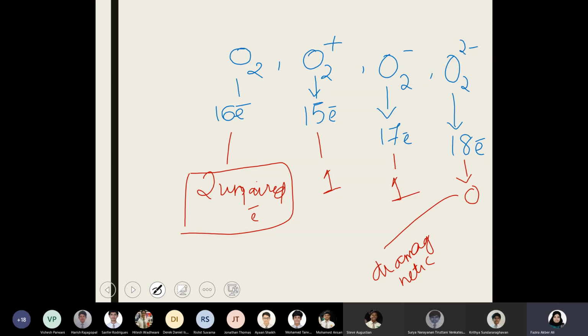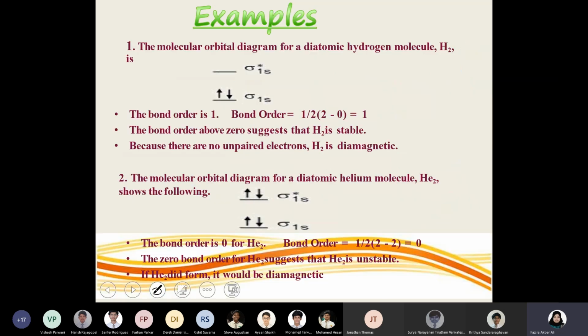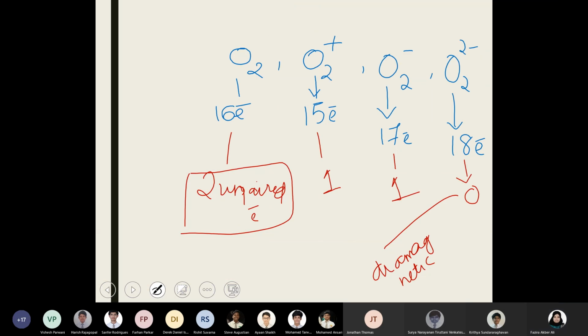So let's do that question now. Calculate the bond order in all these cases, all the 4. Check only the bond order. Ma'am, when we write the electronic configuration, it will still be using the second one, right? For oxygen and anything above oxygen, yes, you will be using that only, because it's just the modification in the oxygen molecule. So you only have to write the oxygen molecule, okay? Then from there you do the modification. For example, O2 plus means you just remove 1 electron from the electronic configuration written for oxygen, like that.